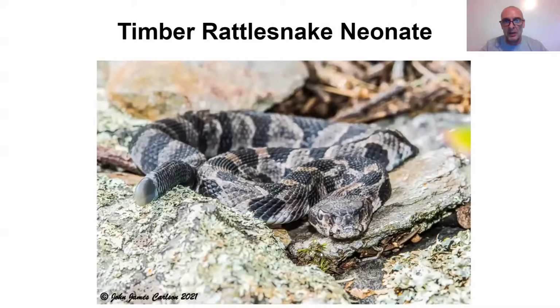Here's a picture of a freshly shed neonate. They usually shed within a week, 5 to 7 days of being born. And notice the cute little button, the early stage of a rattle. At this point, it won't make any noise. It just looks cute. But it's totally armed with venom, and little ones tend to be more bitey than the adults, in my experience. So they look cute, but...